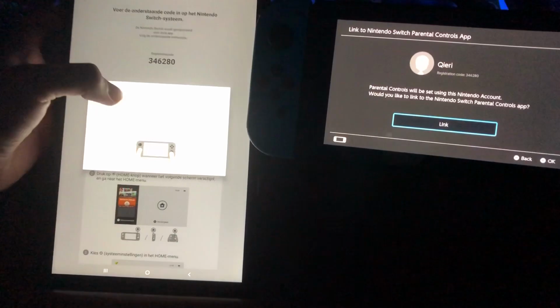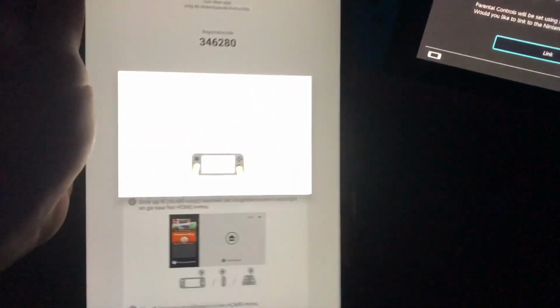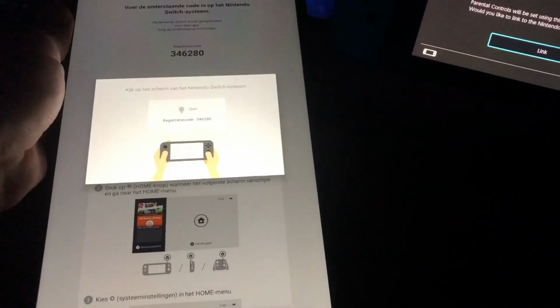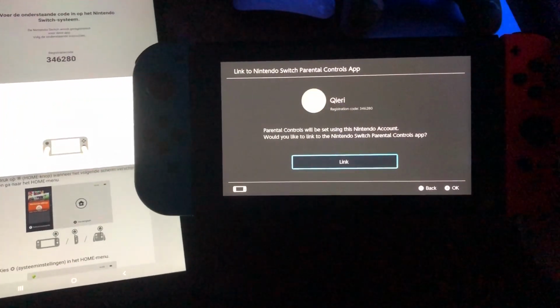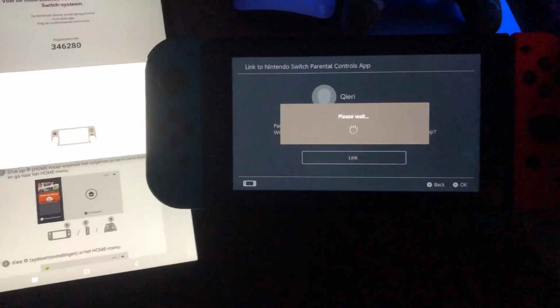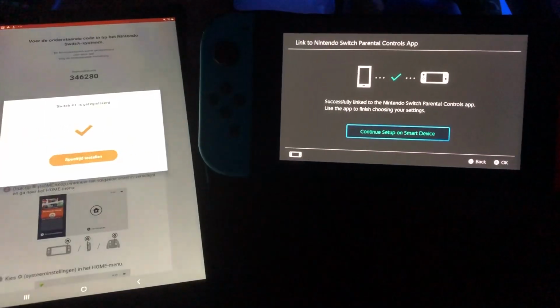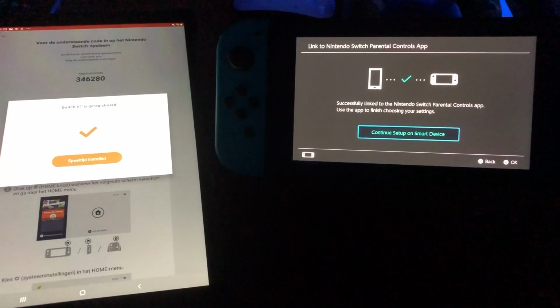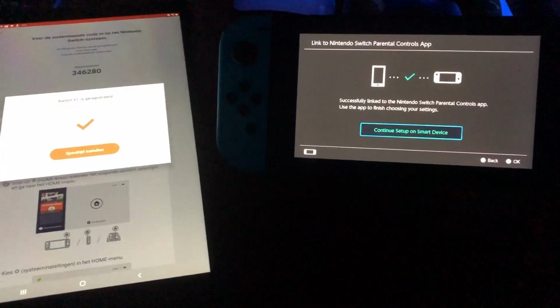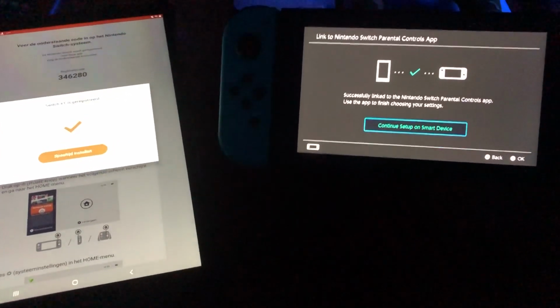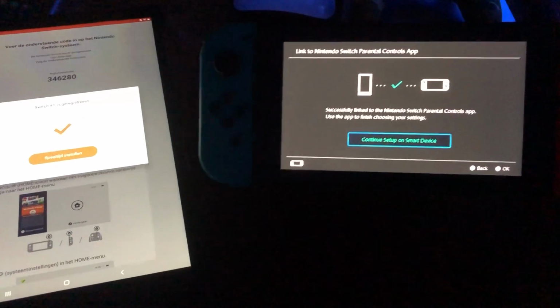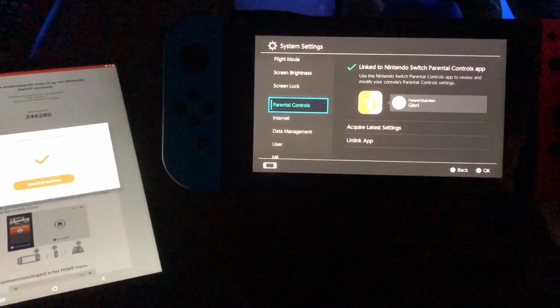And you will get this on whatever you're using, and press link. Now it's linked guys. So like you see, it's both linked, and you will maybe get an email that it's linked. And then continue, set up smart device.